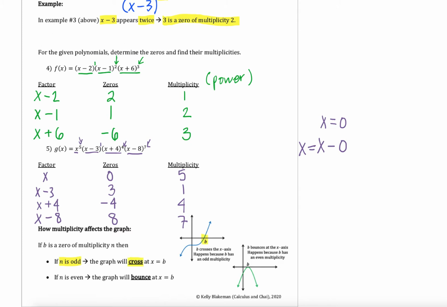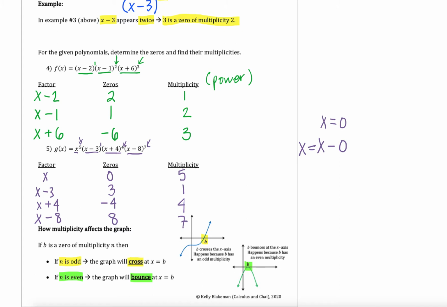So on this first picture up here with the blue line, we have a graph that's crossing through the x-axis, since the graph goes from below to above. It could also come from above to below, but it actually crosses through that x-axis. Versus if I have a multiplicity where n is even, then my graph is going to, what we say, bounce at that x-intercept. On our bottom graph here, we can see this graph is bouncing at our x-intercept since the graph goes up,